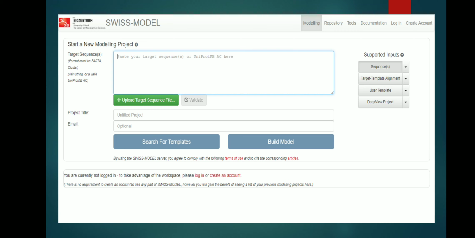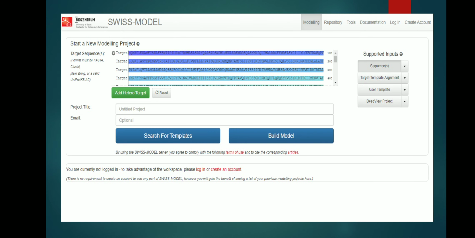So paste your unknown sequence, or just give a UniProtKB accession ID there, and you must click on build model or search for templates to start the homology modeling. Now an unknown sequence is pasted in it, and we can start homology modeling by clicking on search for templates or build model.